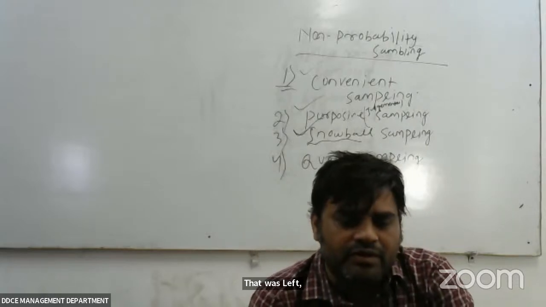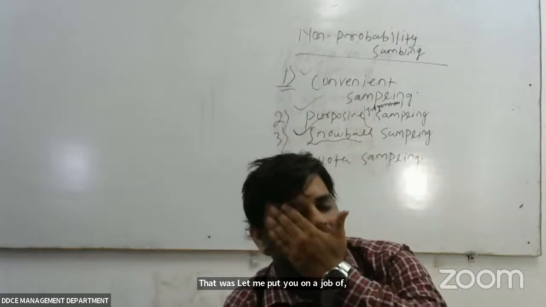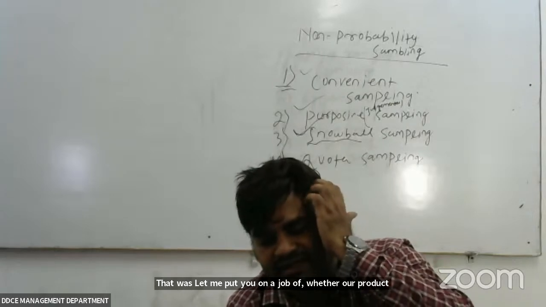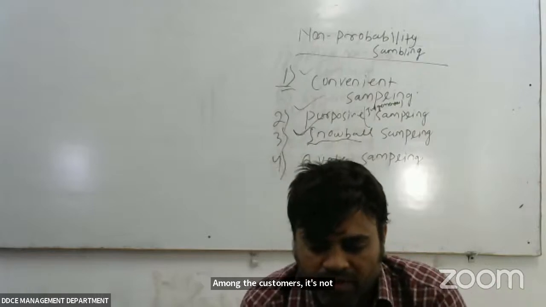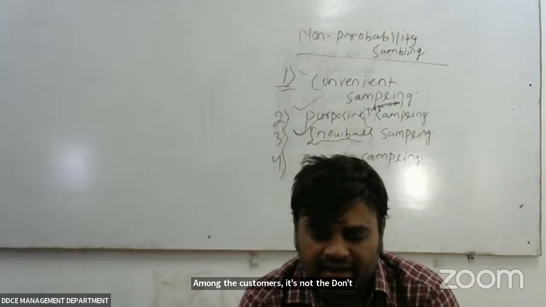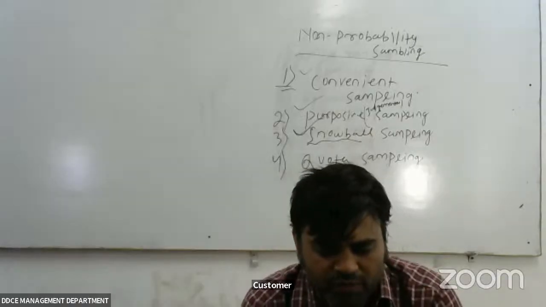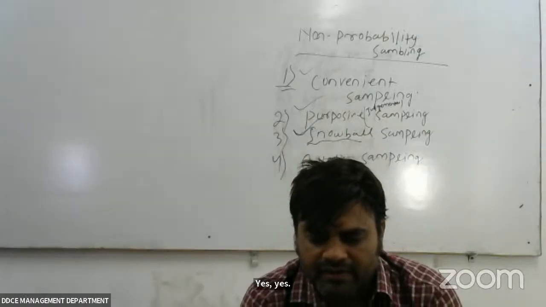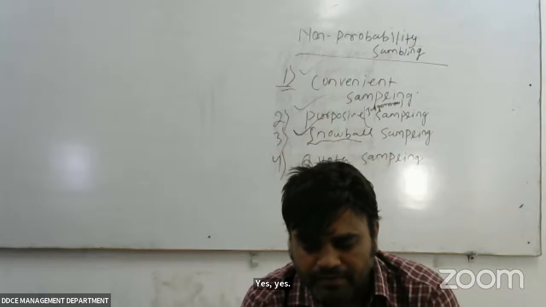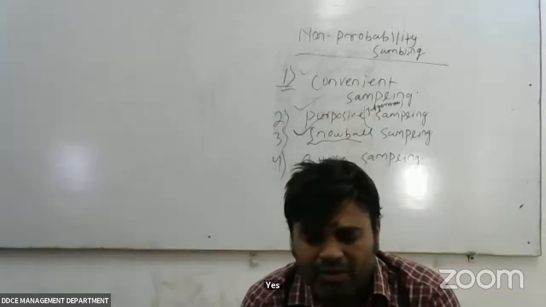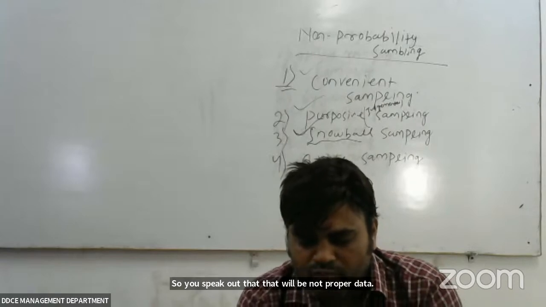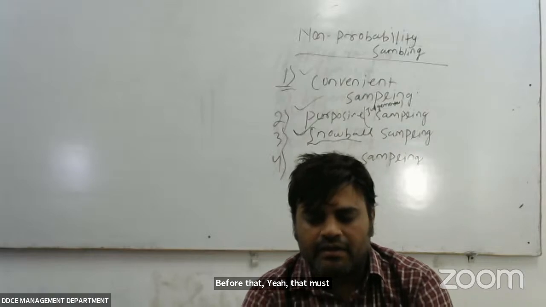Suppose Pantaloon gives you a task to check whether the likingness of our product among the customers is there or not. Go and check. What should you actually do? You should give a feedback form, to the customers. So you want to know who the customers of Pantaloon are, yes? But what will you do? You will stand in front of Pantaloon and collect data according to your convenience. So what happens? Proper data will not come. There must be some biasness. It's inaccurate data.